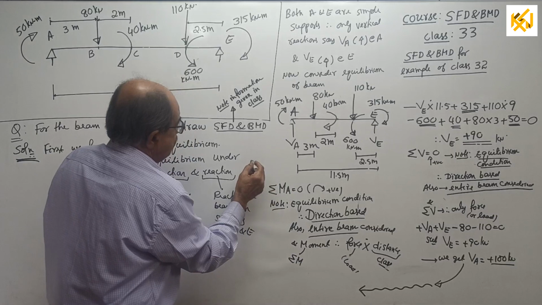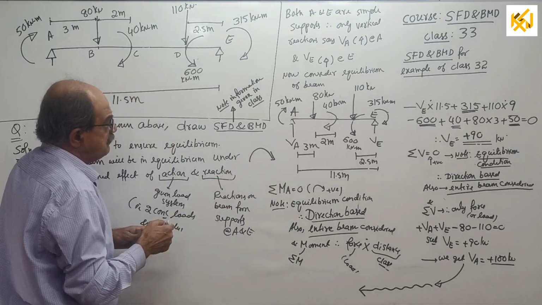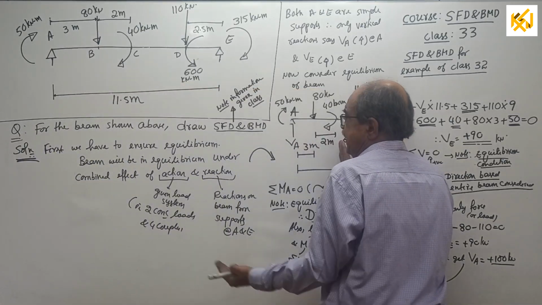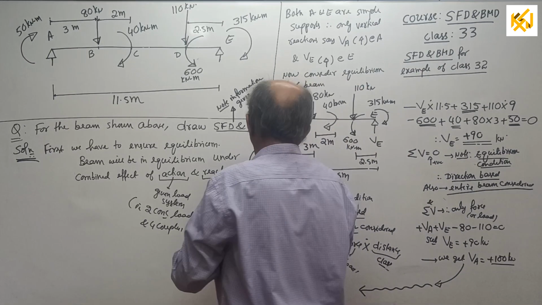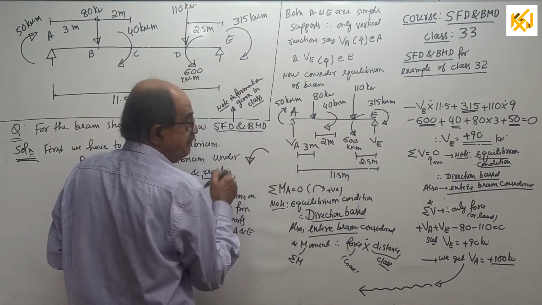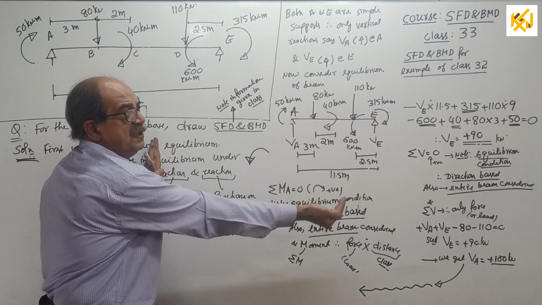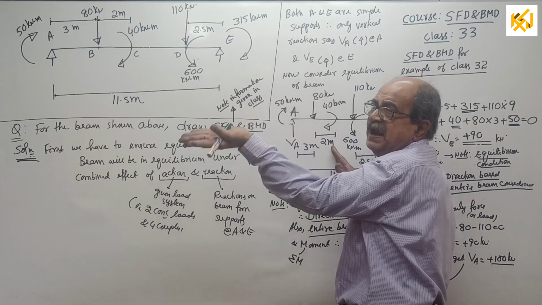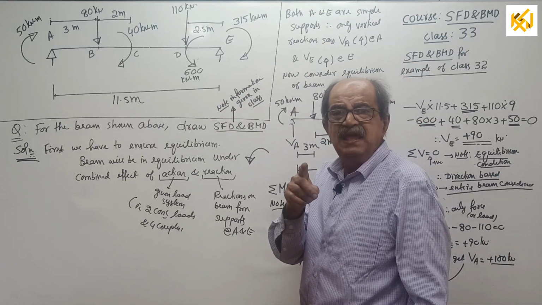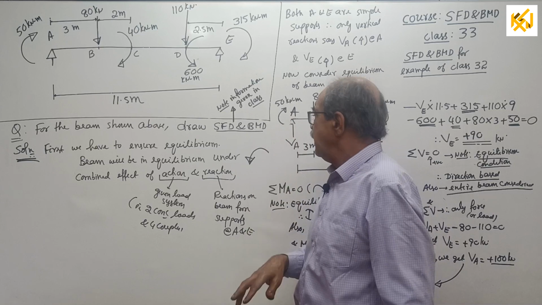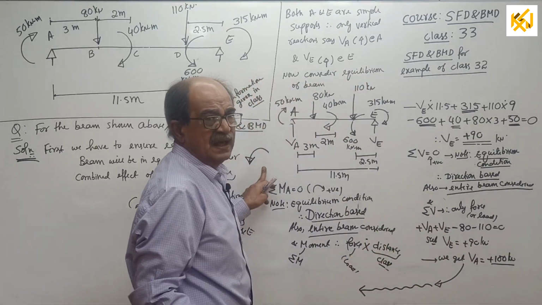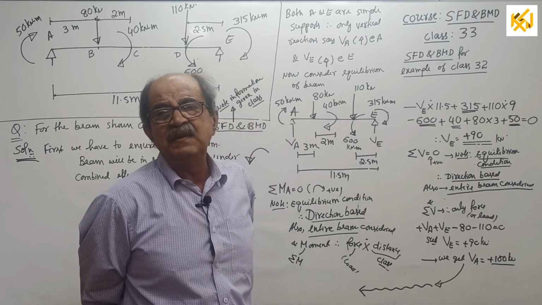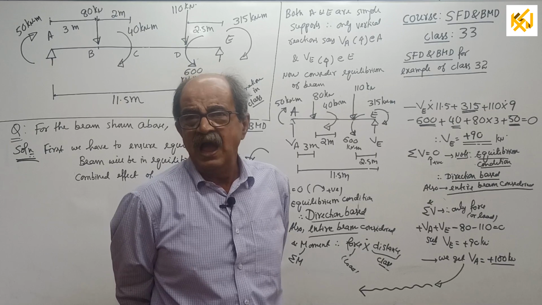Intermediate couple. If a couple comes here, if I look from this side, minus. If I look from this side, plus. Or if a couple is this way, if I look from this side, plus. Same couple, if I look from this side, minus. I told by a very easy, understandable crude method, but I told the principle also. Remember, I never tell only the crude method. I tell the principle, then to avoid confusion, sometimes I tell the crude method.